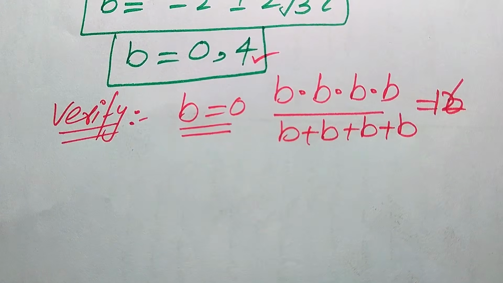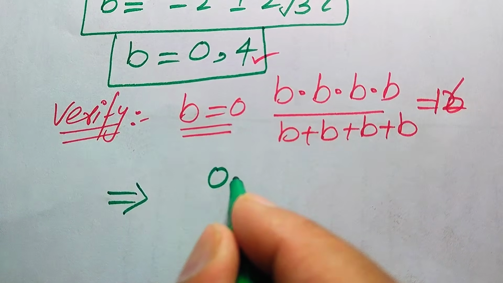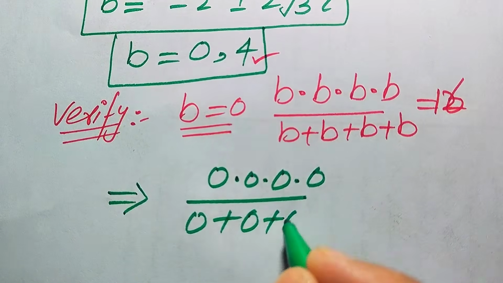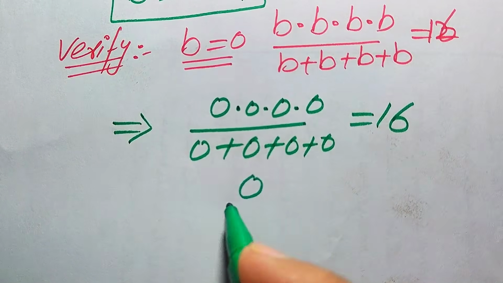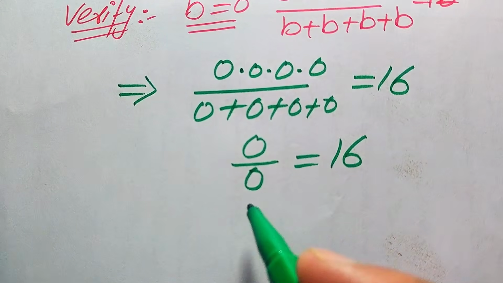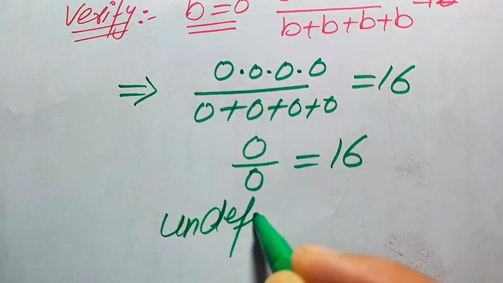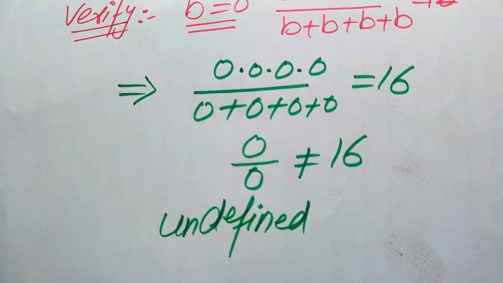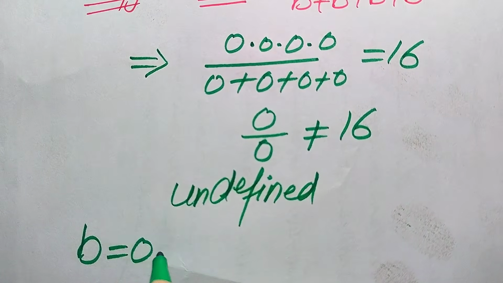So here we substitute x equal to 0 into the left hand side, and we check its behavior, and when you put this here it becomes 0 multiplied by 0 multiplied by 0 multiplied by 0 divided by 0 plus 0 plus 0 plus 0 is equal to 16. Here you clearly see that our left hand side becomes 0 over 0 form is equal to 16. And you very well know that 0 over 0 form is usually called an indeterminate form, or in other words we say that it is an undefined form. So if our left hand side is undefined, this means that both of the sides are not equal, and if both of the sides are not equal, this concludes that the value x equals 0 does not satisfy